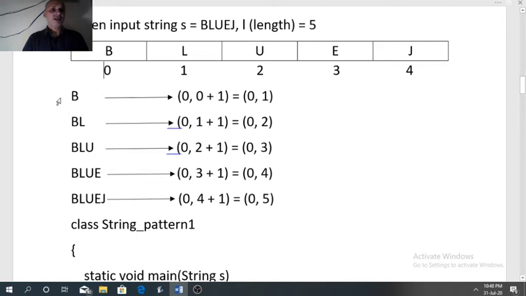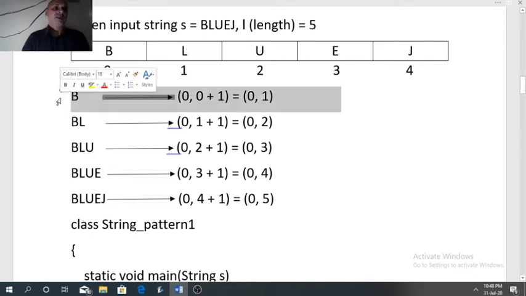Now we have to analyze each row and focus on the two indexes. The index of the characters that we are printing in each row, that is, what is the starting index and what is the last index.